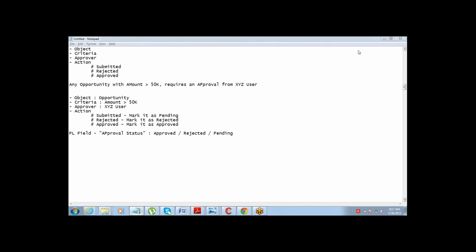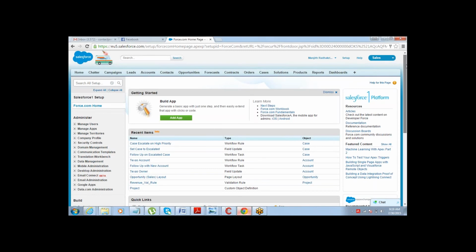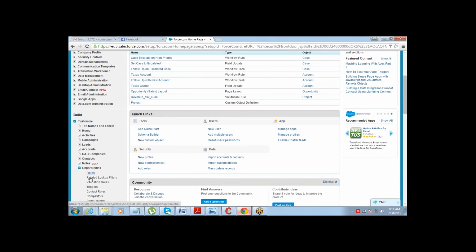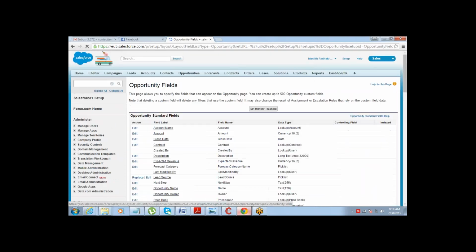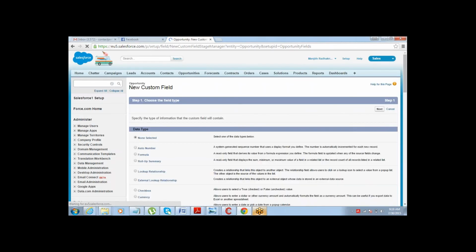Okay. So the first thing that we'll start up with is create the approval status field on opportunity. To do that, we just need to go to customize, and then we can go to opportunities, and then we can go to fields and create a new field. And the field type is going to be pick list, right? New field data type will be pick list.